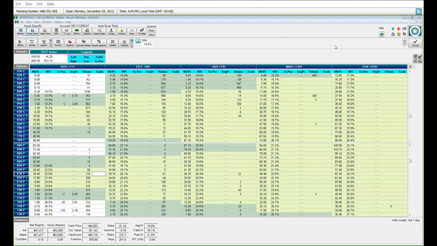So look, you guys that are here with me today, what I would like to do is I do not want to bore you or go over things that you already know. So what I would like to invite everybody to do right now is go in the chat panel and tell me what's your knowledge of options? Is it I know nothing about options? Is it I know a little bit? I know what a call and a put is.